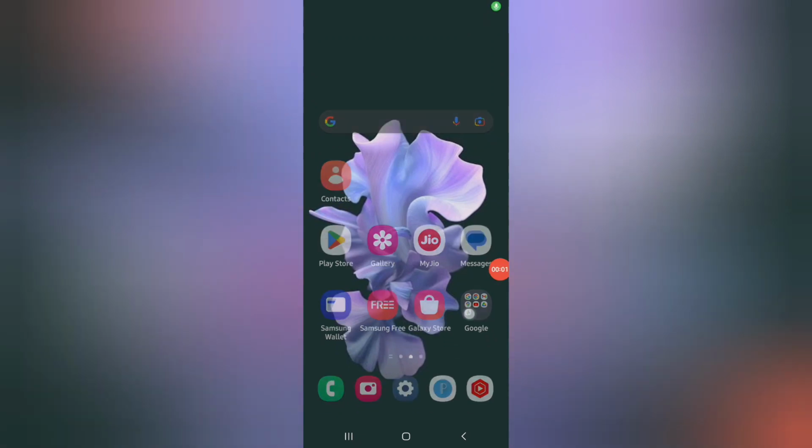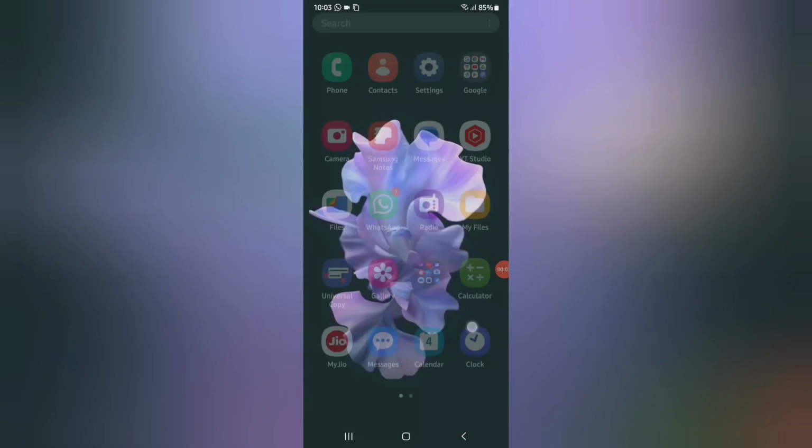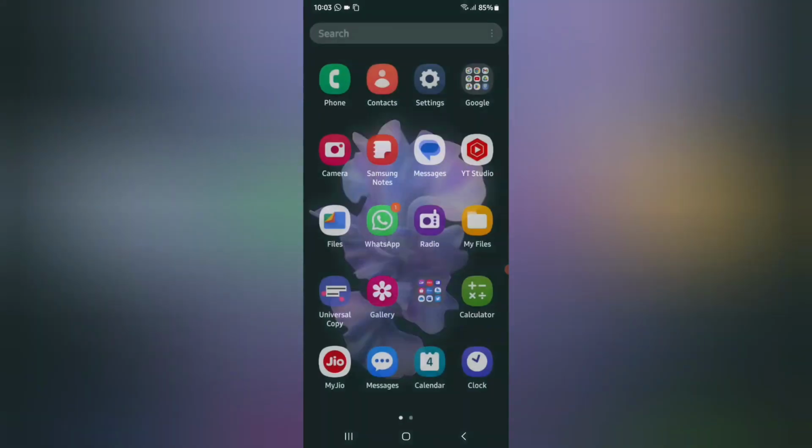Hello friends, in this video I'm going to show you how you can turn off message sound on a Samsung